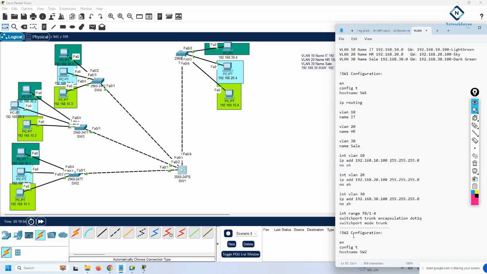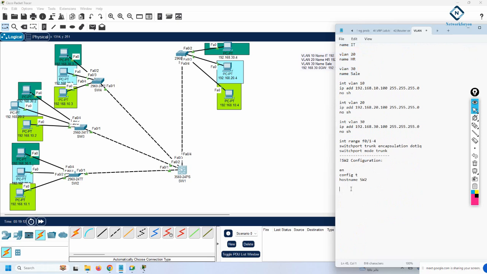And if you want, we can copy and paste these three things from here to here. After that, we need to configure the port that is connecting to the other switch as trunk, but it will already be a trunk. If you remember DTP, because of DTP, if one side of the cable is configured as a trunk, the other side is also